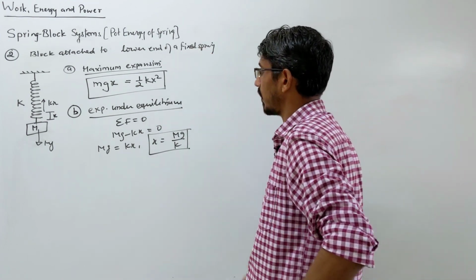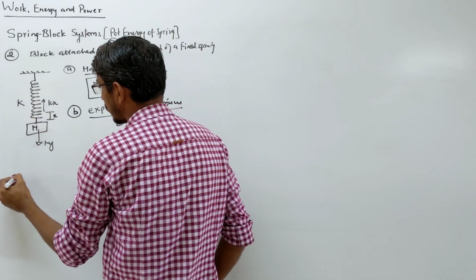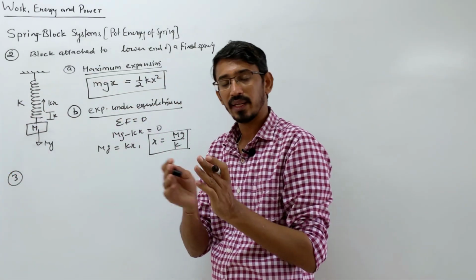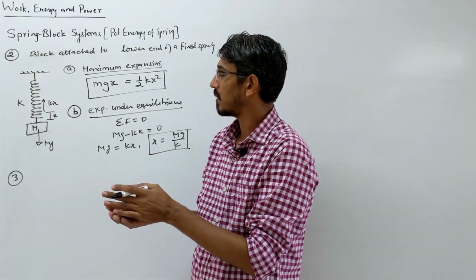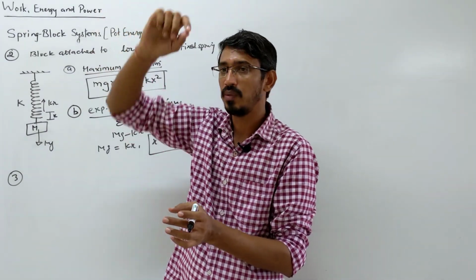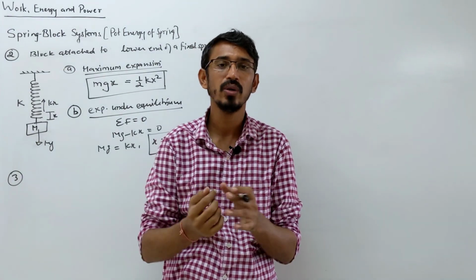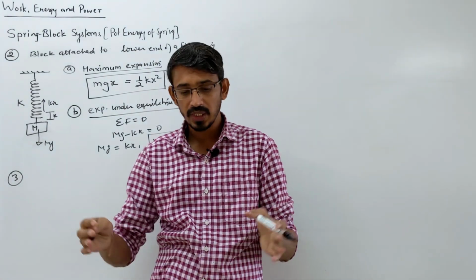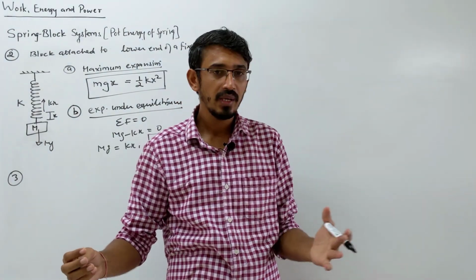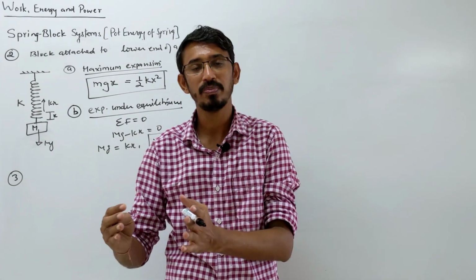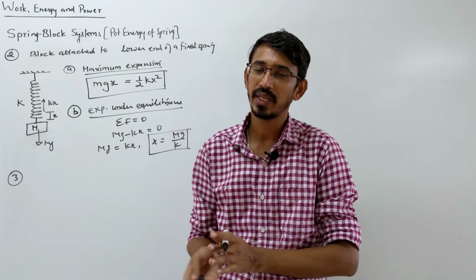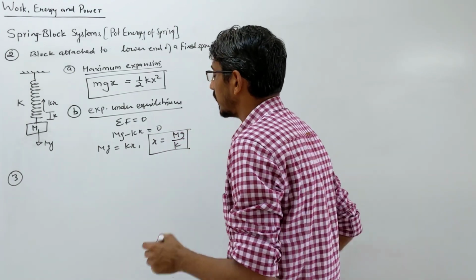Okay, let's see some more examples. Suppose this type of question they ask you: a spring is placed horizontally. I have taken two cases of spring which are vertical, where we drop a block from the top or the block is attached below. Now let's talk about a horizontal spring. So one spring is placed horizontally, then some body comes, either velocity or acceleration will be given, and that block will hit the spring, so it will compress the spring. So again they will ask you what the compression is.